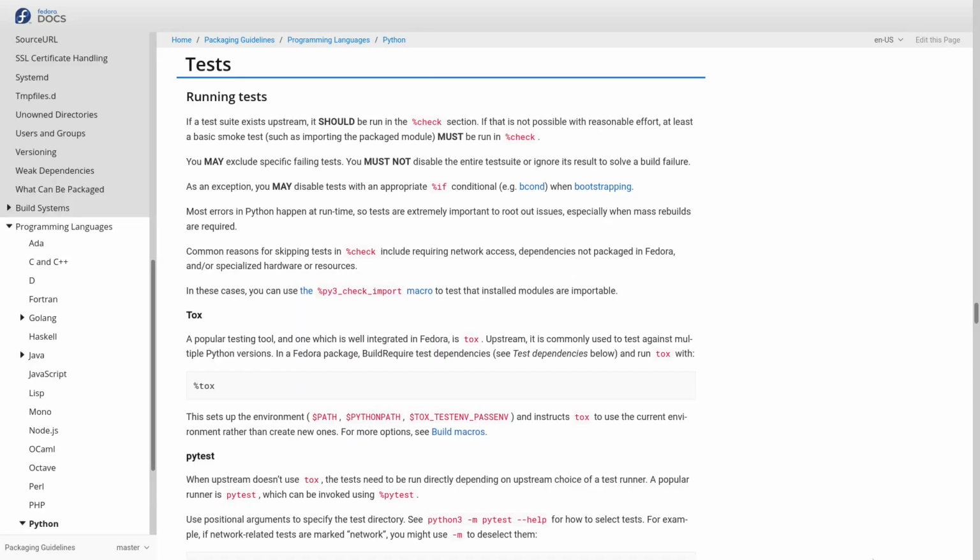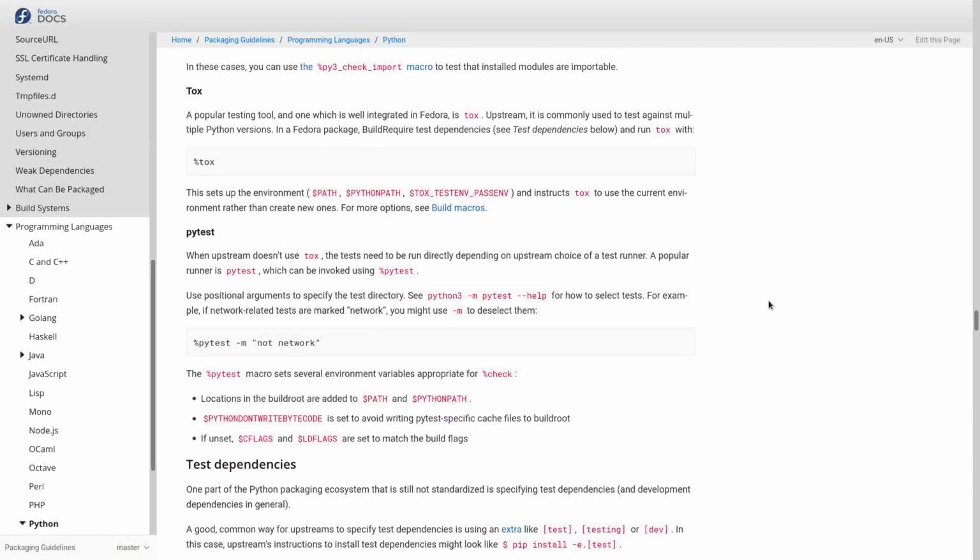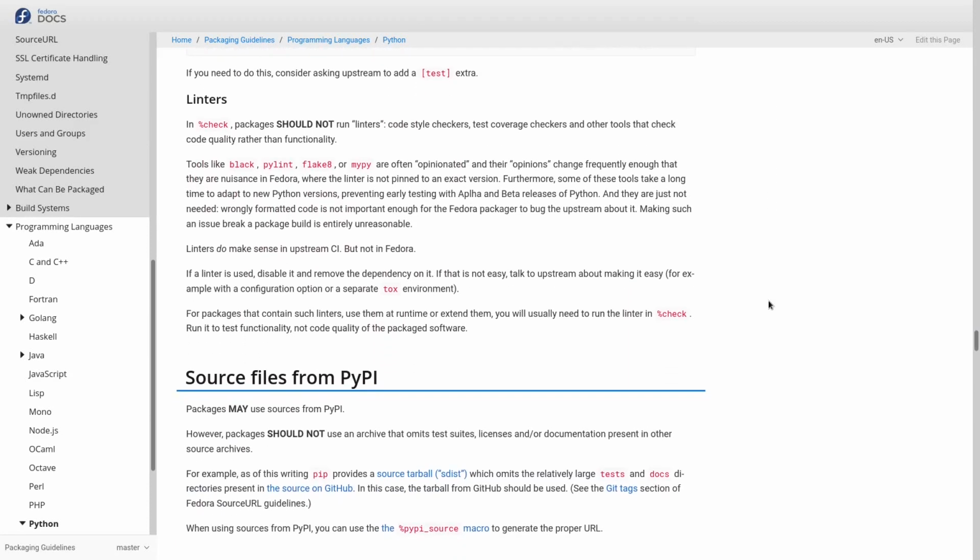Another new guideline has to do with tests. If possible, tests should be run when the package is built. Python's compiler doesn't catch very many errors, so tests are essential to verify that software works. On the other hand, code style checkers and linters should only be used in the upstream project, not in Fedora. These usually find things like questionable formatting or too short variable names, and a distro is not the place to fix issues like that, nor to check them.